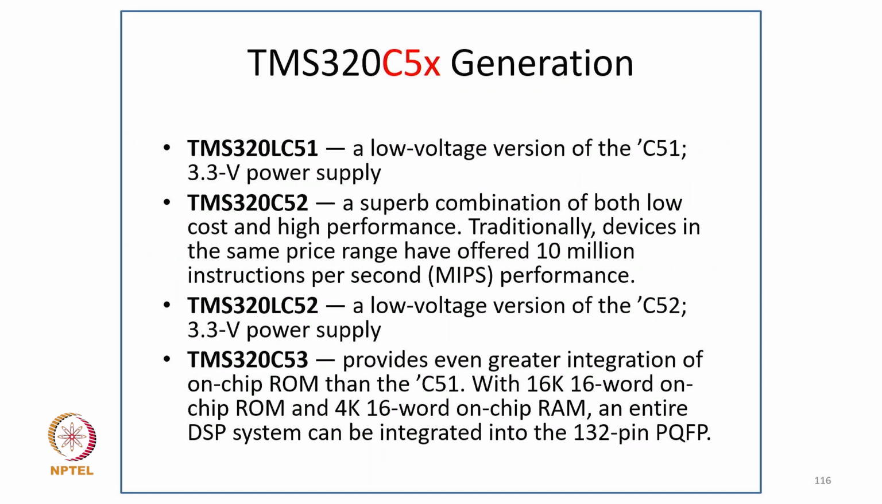TMS320LC51, a low voltage version of the C51 with a 3.3 volt power supply, and TMS320C52, a superb combination of both low cost and high performance, in the same price range, offering 10 million instructions per second (MIPS) performance. And the TMS320LC52, a low voltage version of the C52 with a 3.3 volt power supply, and TMS320C53 provides